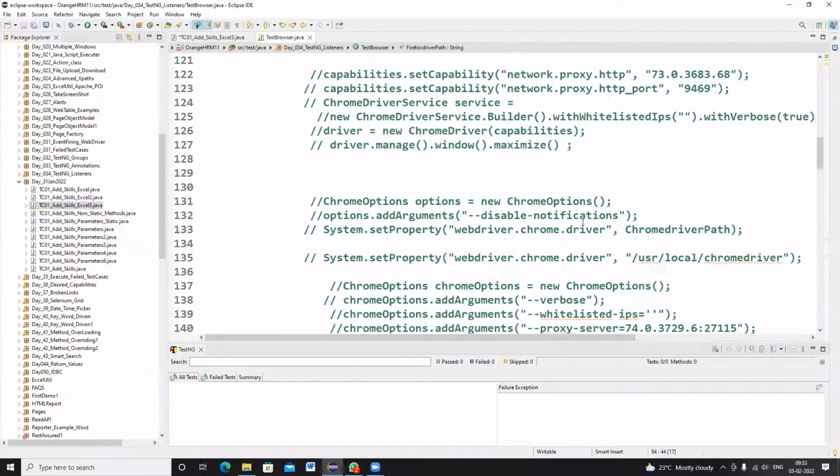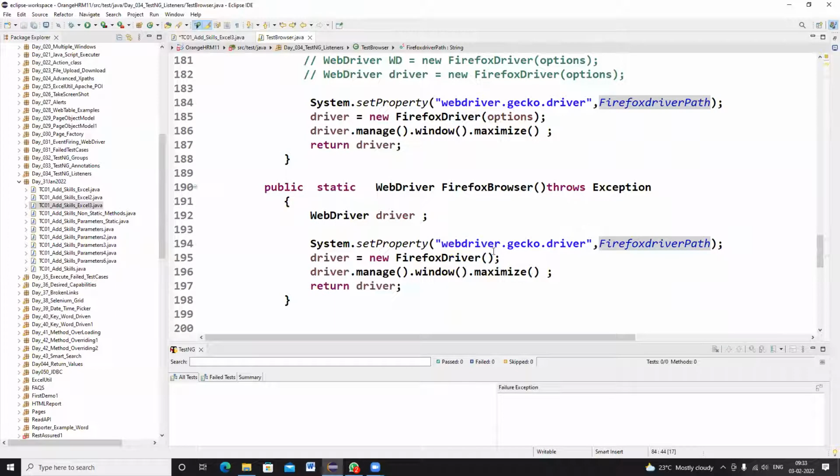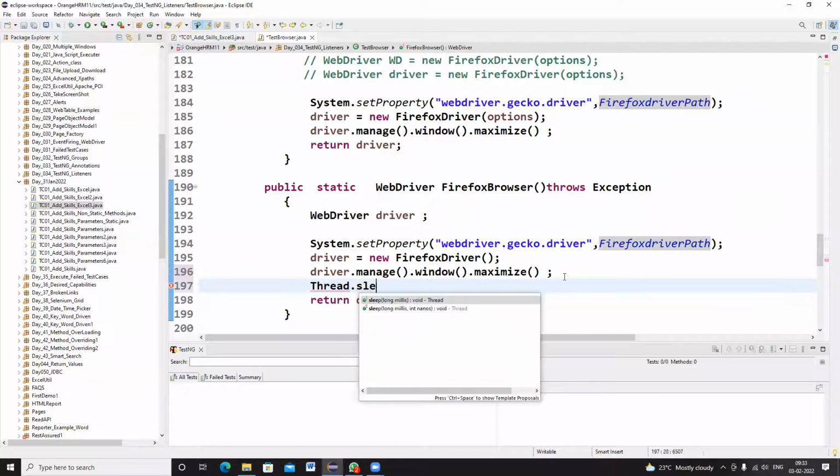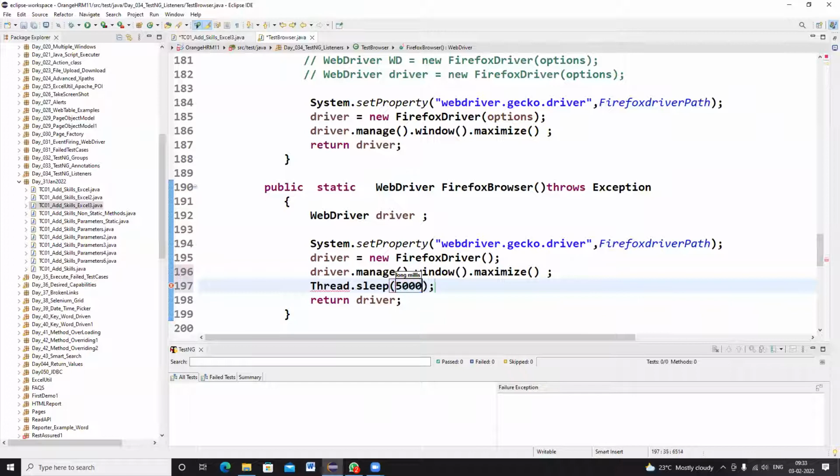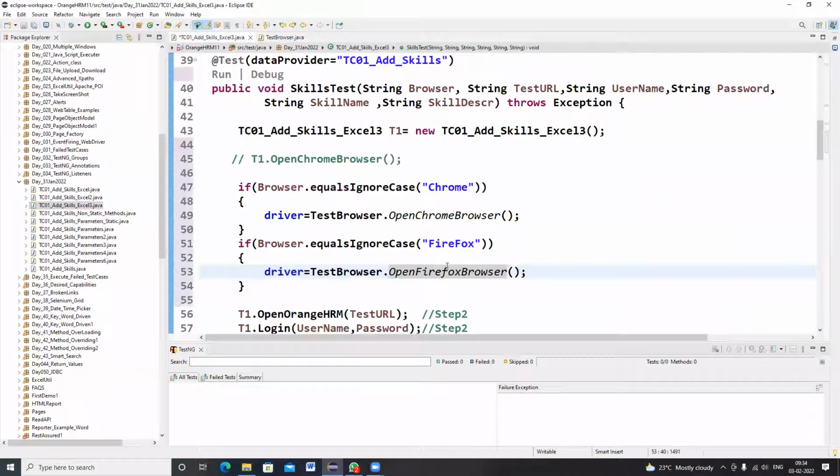Then driver is equal to new Firefox browser, and it's maximizing, and Thread.sleep I am writing as 5000. So I'm returning this driver object. Here I am calling the Firefox browser method. So this is what we discussed.